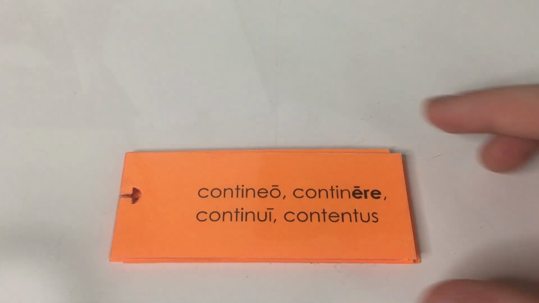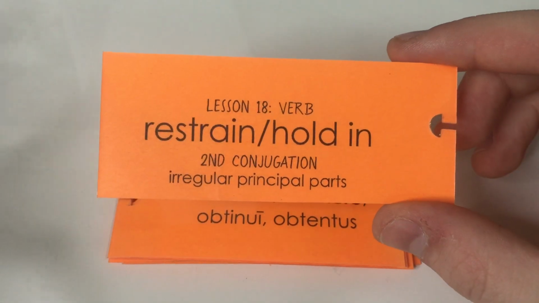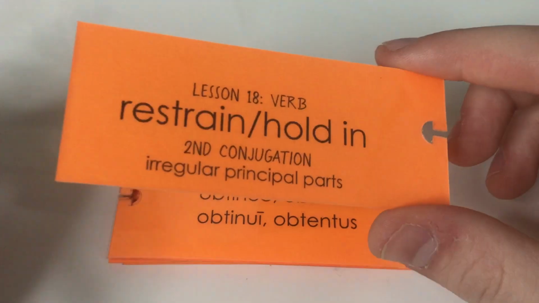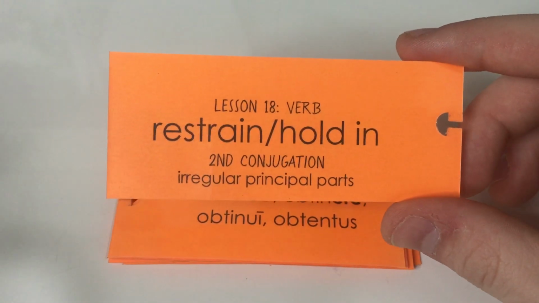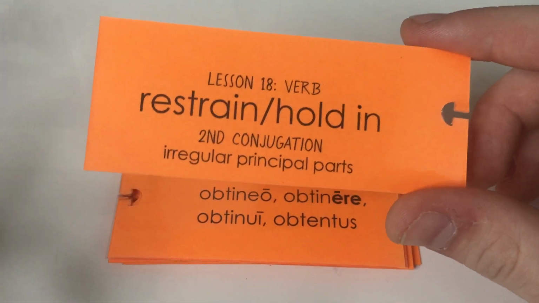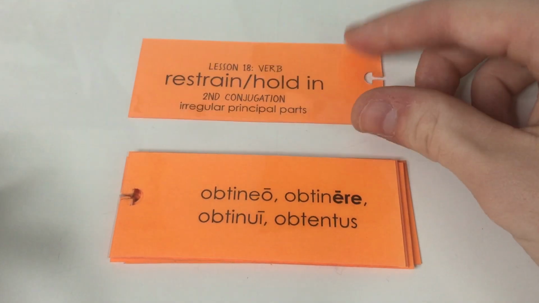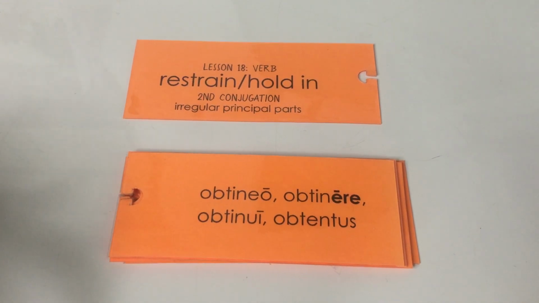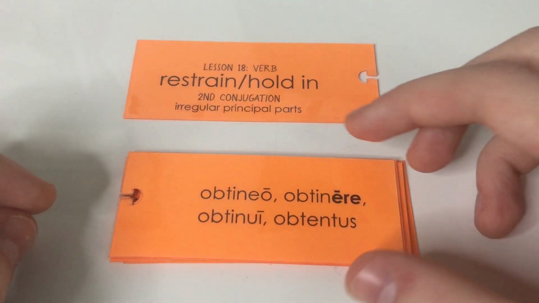But this word means restrain or hold in. Right? Remember, just teneo just means hold, but conteneo means restrain or hold in. So just kind of like a continent. Interesting, right? And then we have obteneo, obtenere, obtenui, obtentus, which is also another form of teneo, but this word